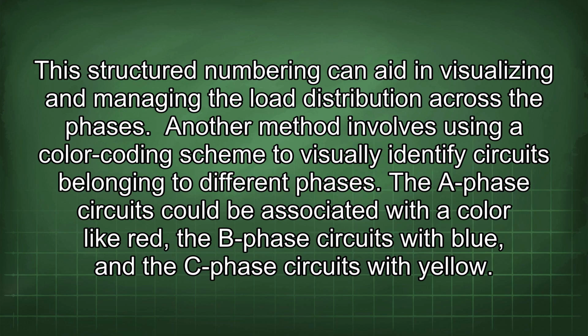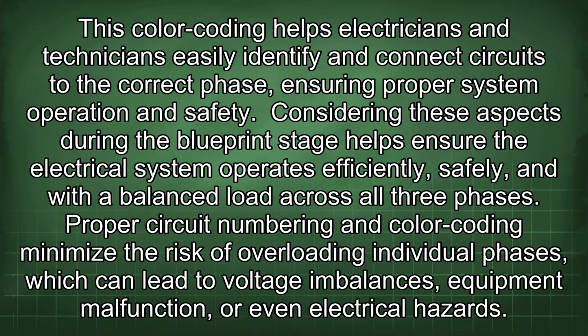Another method involves using a color coding scheme to visually identify circuits belonging to different phases. The A phase circuits could be associated with a color like red, the B phase circuits with blue, and the C phase circuits with yellow. This color coding helps electricians and technicians easily identify and connect circuits to the correct phase, ensuring proper system operation